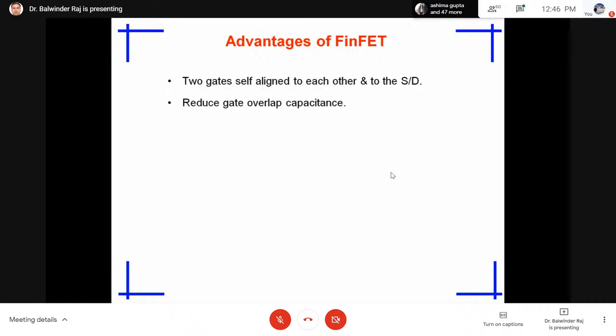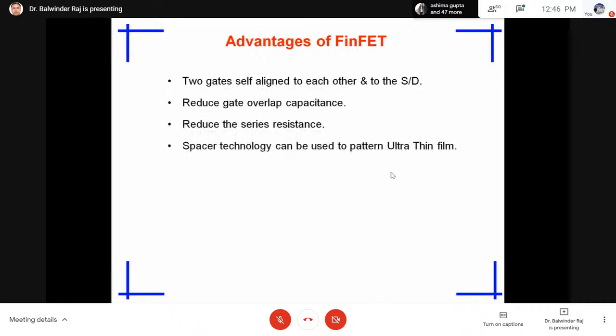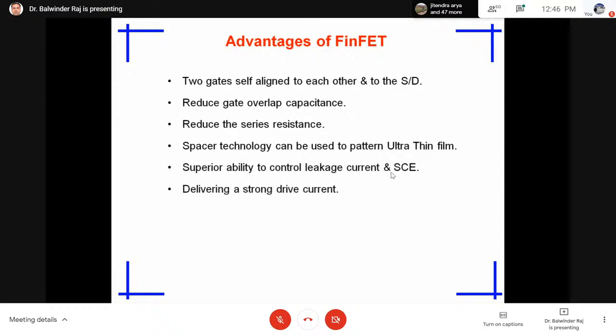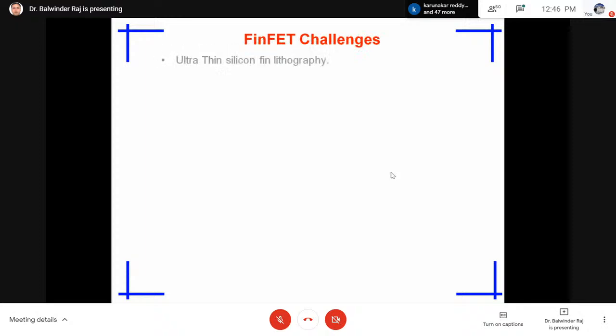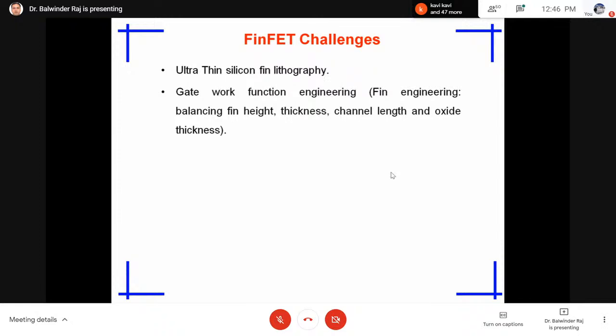So next are the advantages of FinFET. I think it's clear to everyone now, because of its self-aligned, reduced resistance. So you can skip this part. So what are the challenges we have in the FinFET? Ultra-thin silicon lithography is required to make its channel, its body thickness, smaller. So the lithography process is a very important step in the whole fabrication, because lithography defines my